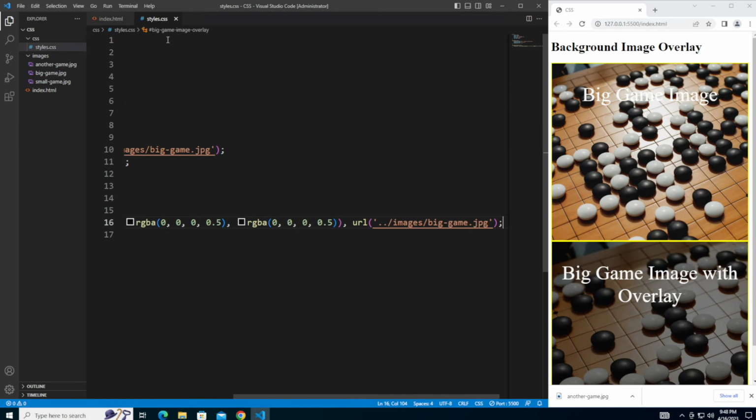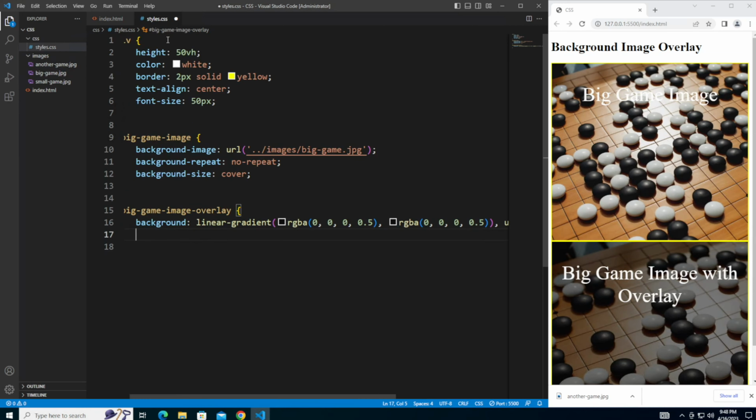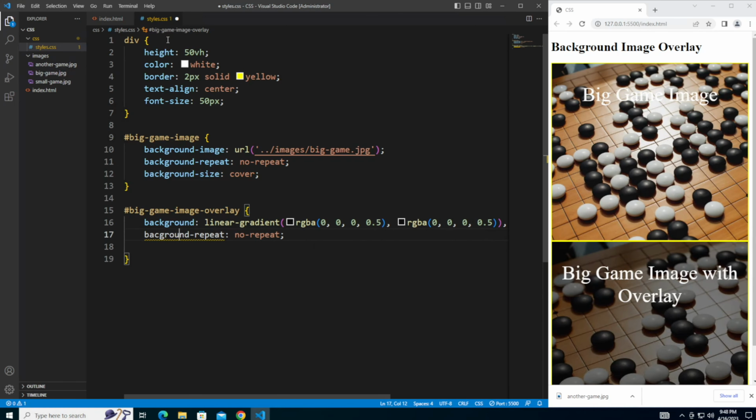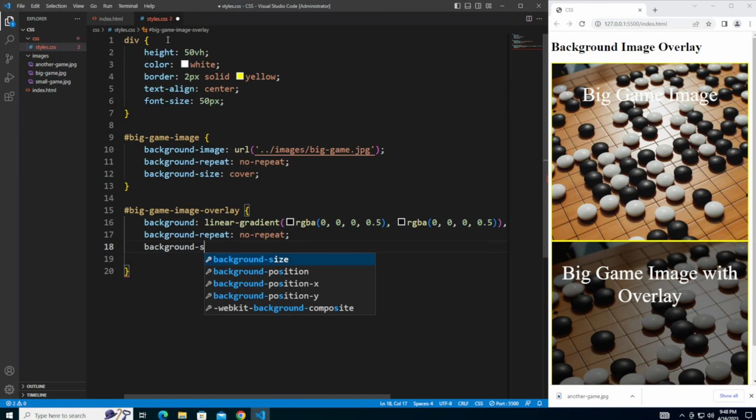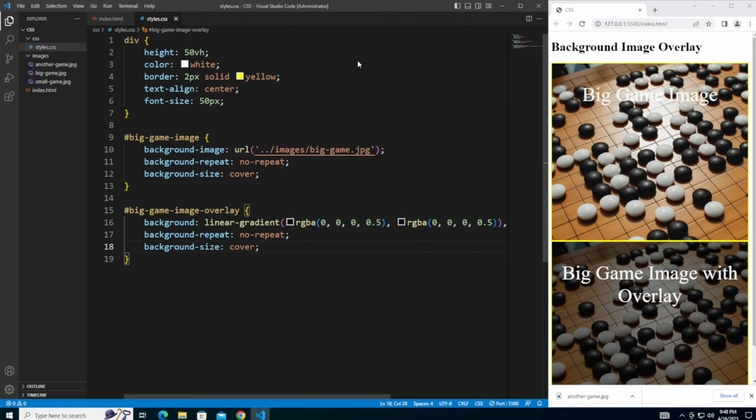Save. And for the background repeat, I'm going to say no repeat. And for the background size, I'm going to say cover. And once I save,